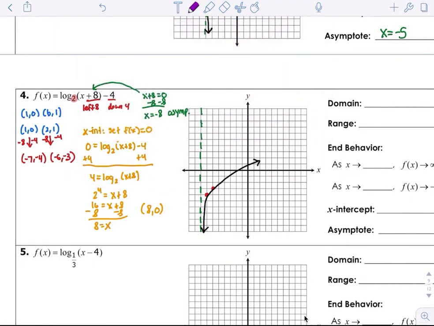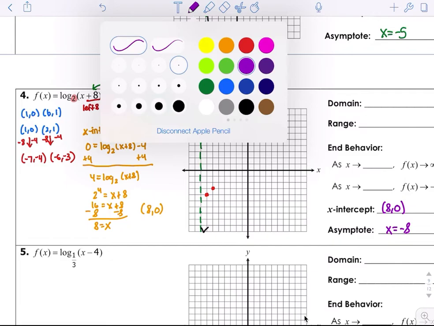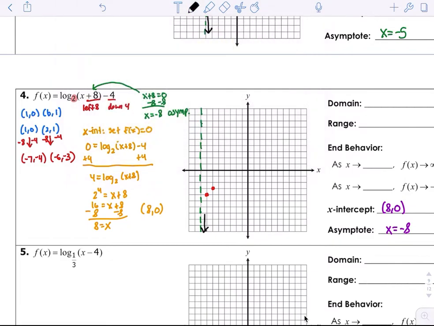So we got x equals -8, and this one's going to be 8, 0. So technically, your graph should look more like this. All right. Okay, so